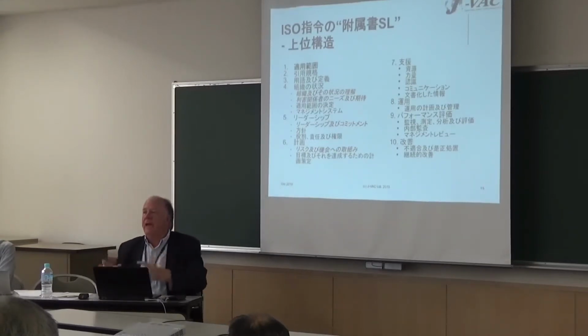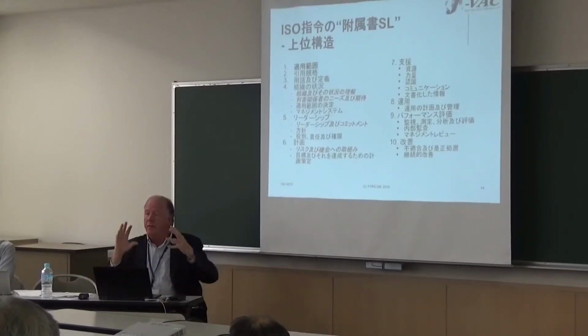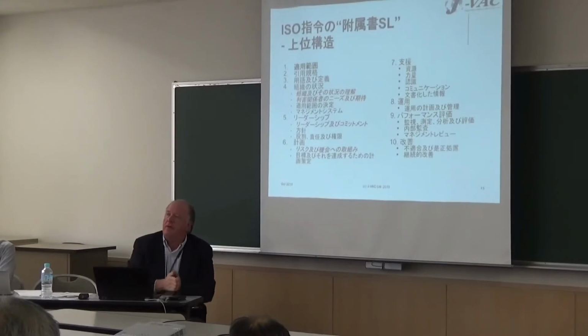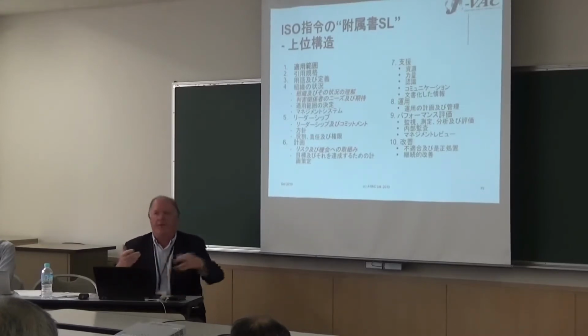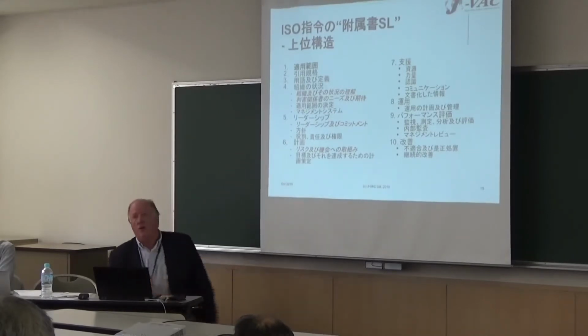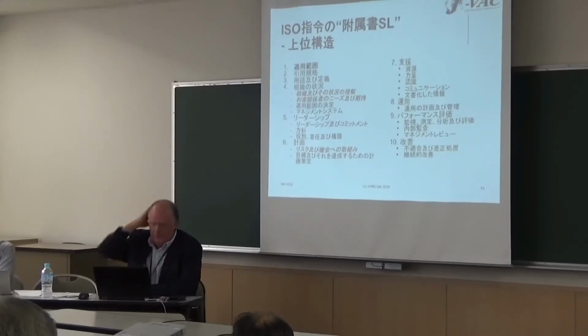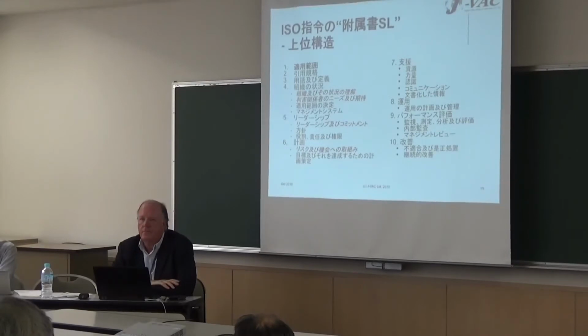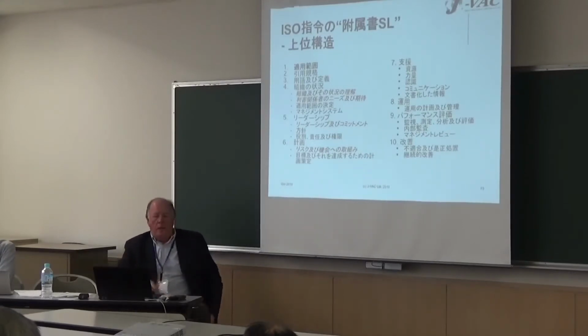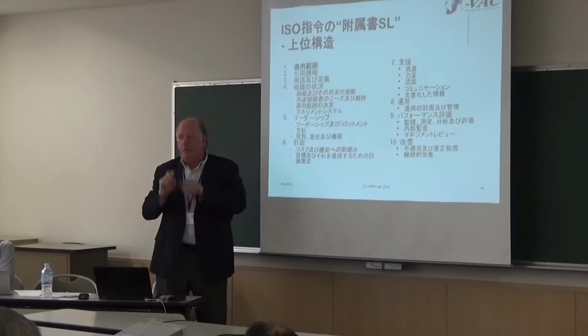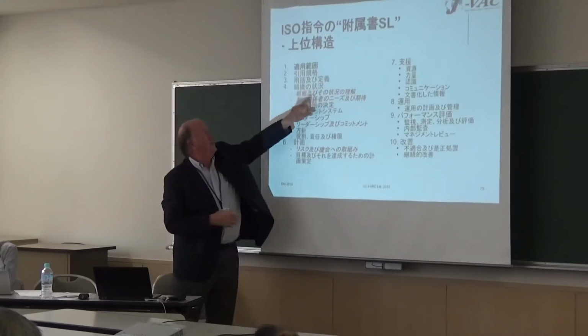You may not have actually read Annex SL, but I hope you can recognize that this is the structure of all the different current management system standards. 9001, 14001, 45001, and so on. They all follow this structure. So every ISO management system standard today, with very few exceptions, the first set of requirements talks about